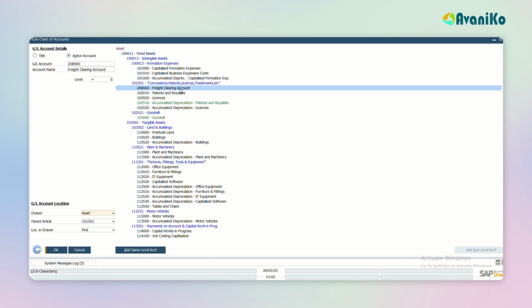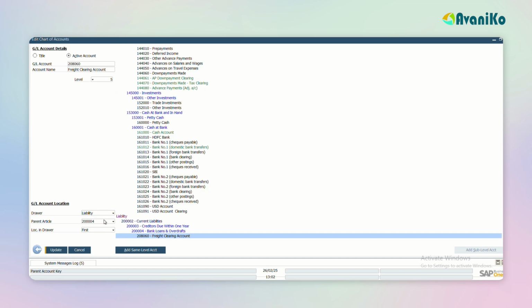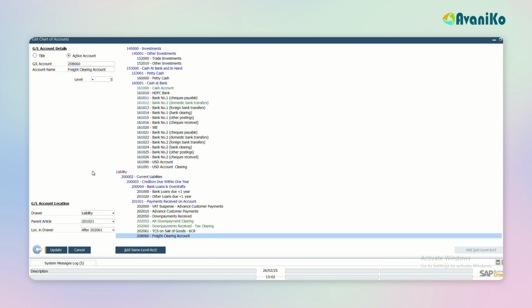The existing freight clearing account, if I select this, you can see that it is present under the drawer asset. I'm just changing it to liability now. And then in the parent account, I'm just selecting some parent account, and after this I can select after which account this should come, whether it should appear first or last or under which account it should appear. Now I can give it here. So now if I give update, I'll be able to make the changes.